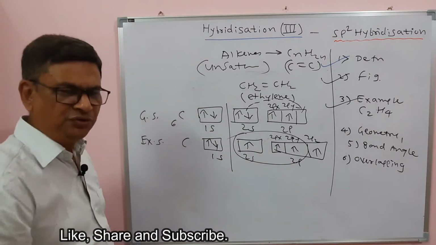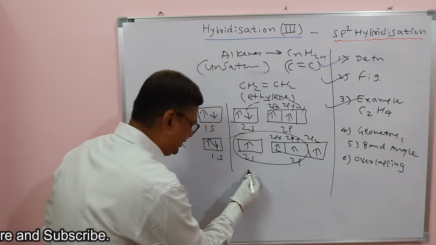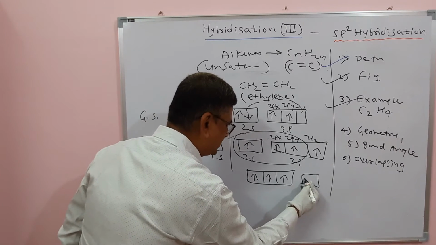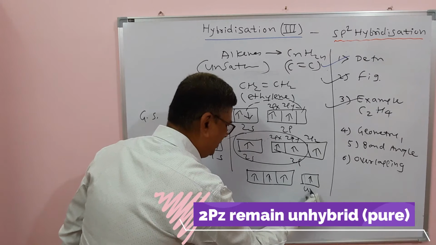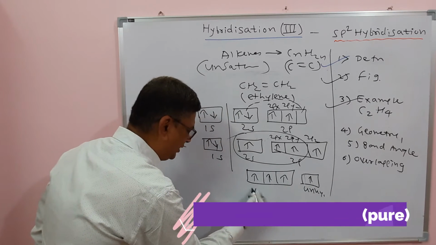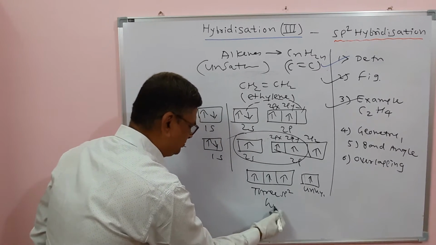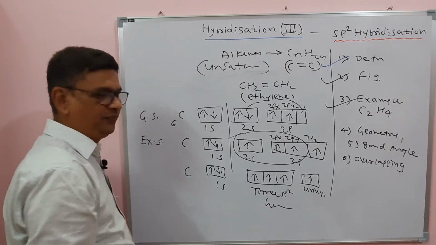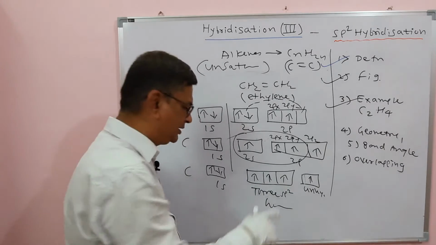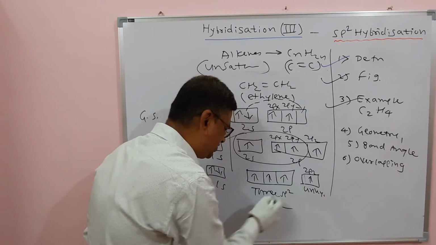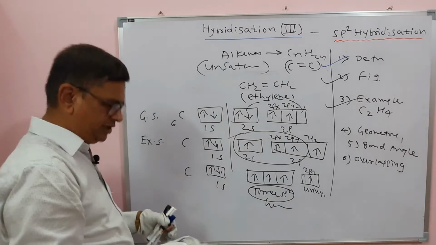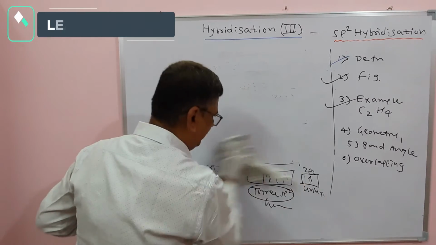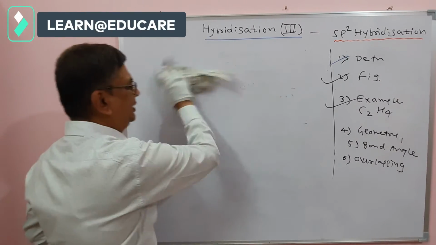During sp2 hybridization, as shown here, the 2s orbital and two 2p orbitals get mixed and recast, and they produce three equivalent sp2 hybrid orbitals, while the 2pz orbital remains unhybridized and does not take part in the hybridization. So after the sp2 hybridization of carbon, it has four orbitals: one unhybridized 2pz and these three sp2 hybrid orbitals. Now it is necessary to know how each orbital, unhybridized and hybrid, is used to form our molecule ethylene, that is CH2=CH2.